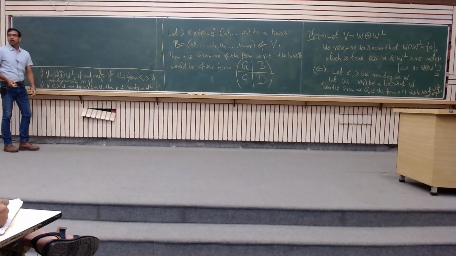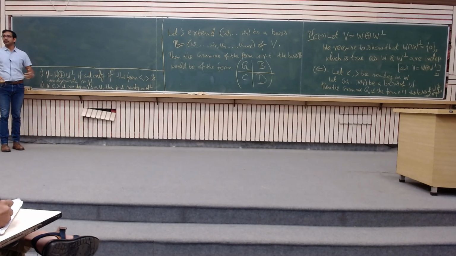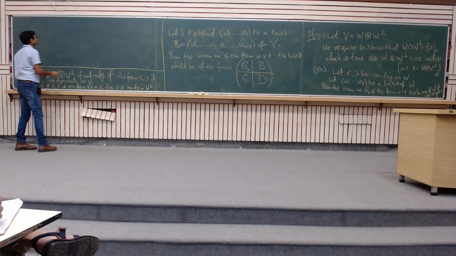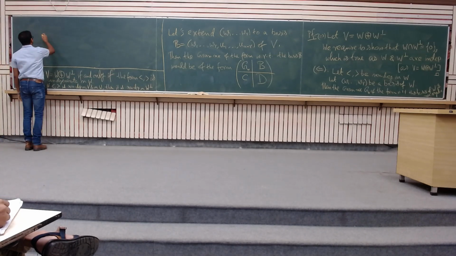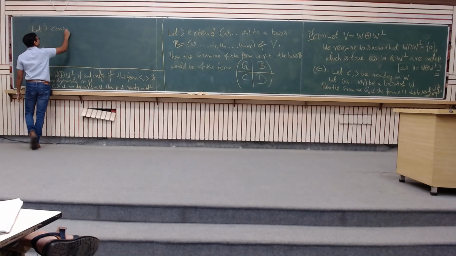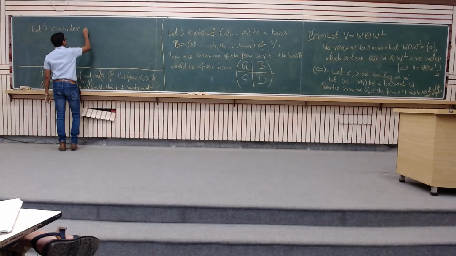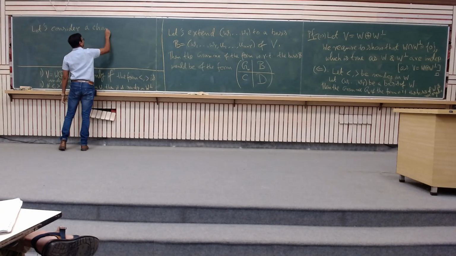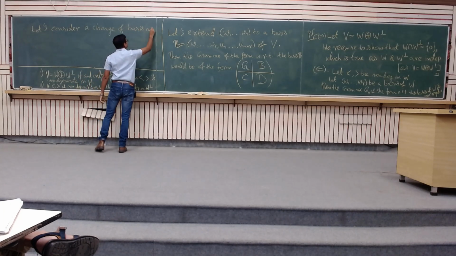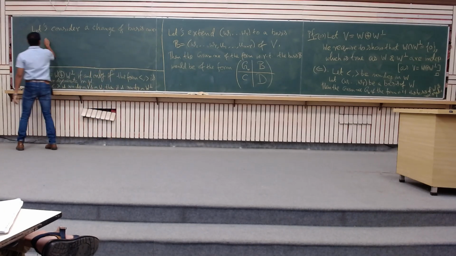And do you recall how the gram matrix changed by a change of basis? Right. P star, the gram matrix, and then P. Okay. So now let's take that change of basis matrix. Let's consider a change of basis matrix of the form